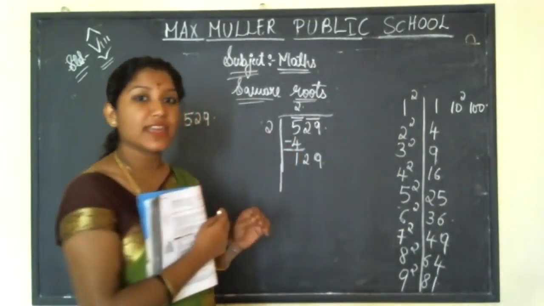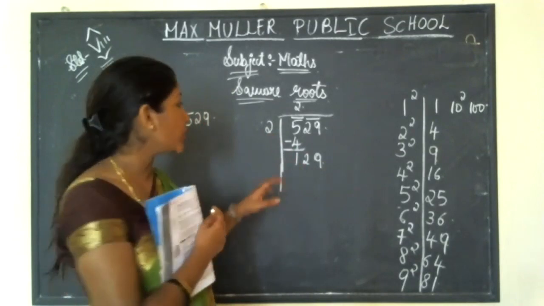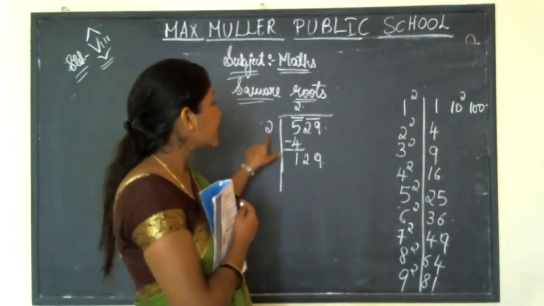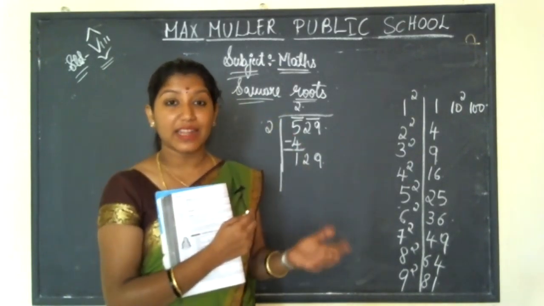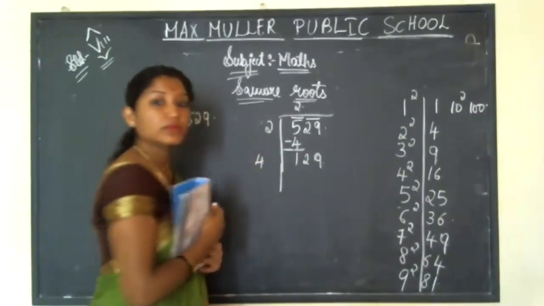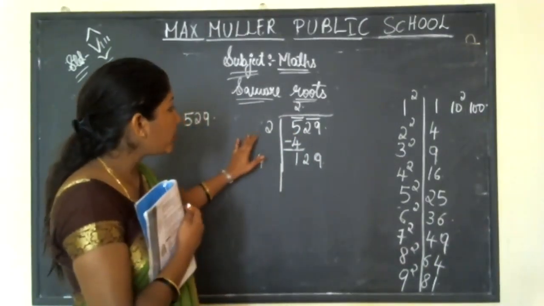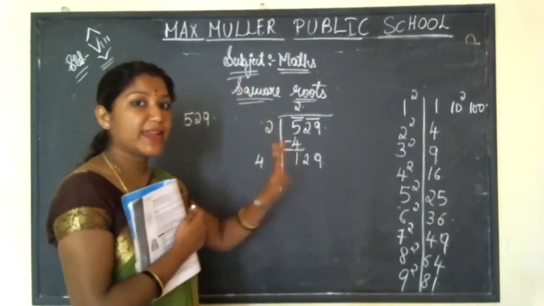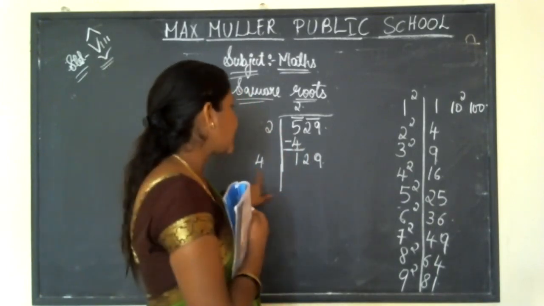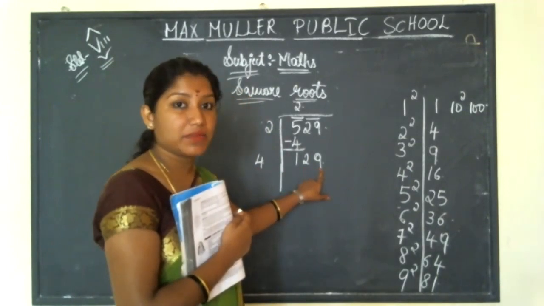Then next step, what you have to do is, see this number what you have taken? That number you have to double it. That is 2 plus 2 you have to do. That is how much? 4. Hope all understood? 2 plus this number, you are doubling it. So you will get 4. Hope understood? Next, you see the last number here.